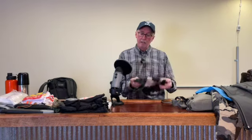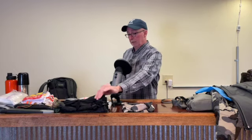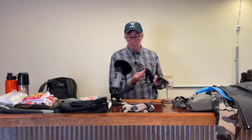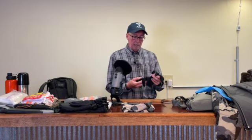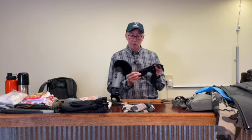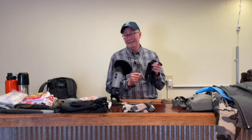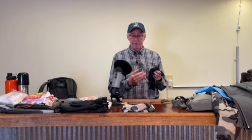I'll keep it around. The other thing that I will typically do is I will bring along a set of super light liner gloves, whether these are made out of polypropylene doesn't really matter. I just want something super light. Dries incredibly fast if you do get it wet, but it just gives you that extra little bit where you can run this inside of your glove, or just by itself. And where these really come in handy for me is if I'm going to be stationary, particularly if I'm glassing,